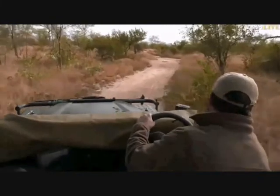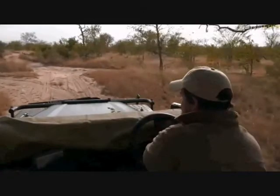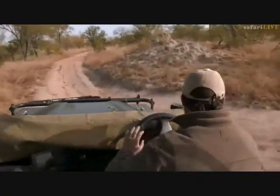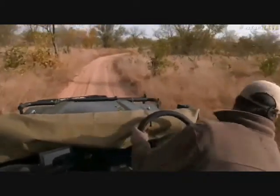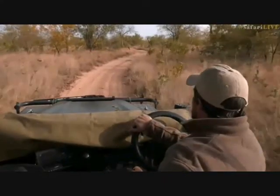I don't think Hasana would move up this section and sort of hang around down this way. This is now getting into areas that he doesn't know, and so I would be very surprised if Hasana made it this way, but we'll check around and see. You never know. Hasana is a young boy and is exploring, so it could be him. But while we check around and see if we can find who our mystery leopard's footprints belong to,